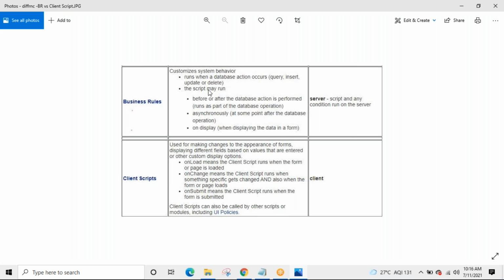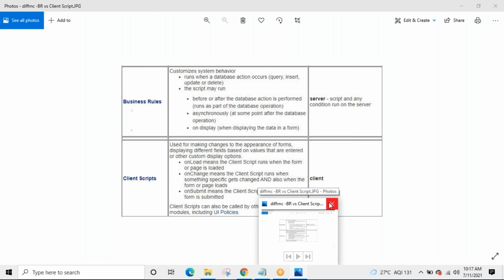Okay, so before or after the database action is performed, asynchronously, if we want to do something on display, I'll show you what it is. These are the differences. Okay, so don't get confused about when to use what. All right. So UI level validations, client script. At database level, we want to handle certain things, business rules. Okay. Now let me close this. We will see a nice example